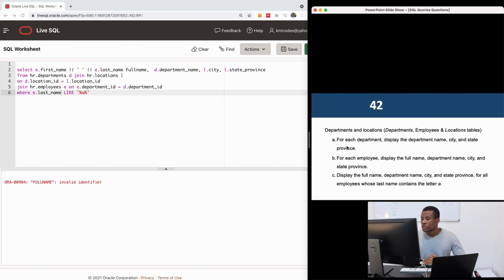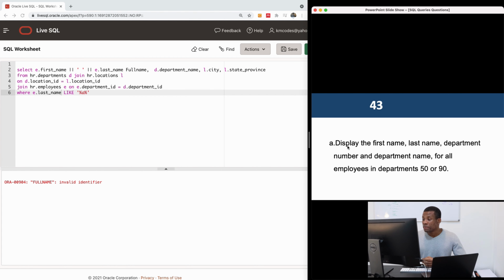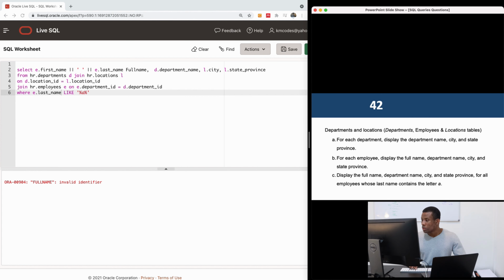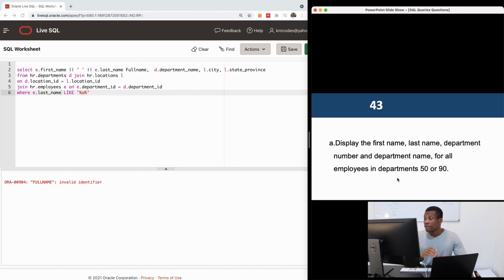So let's move on to number 43 now. Display the first name, last name, department number, and department name. So I'm going to collapse this. Instead of joining it, I'm going to collapse it and remove the alias here. First name, last name, department number, department name. So I'm going to add D dot department number,